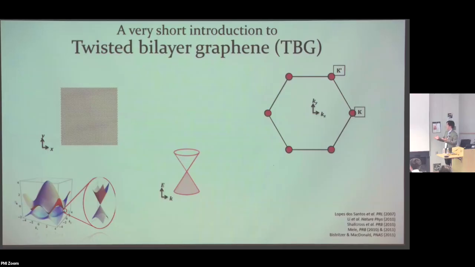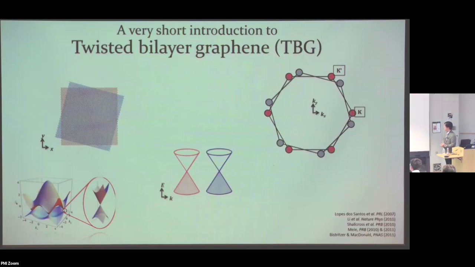So we all know about graphene. Graphene is made of carbon atoms with a Dirac cone-like dispersion at low energies. If you take two layers of them and stack them on top of each other, you get these. If they're not twisted, then you just get cones at the same location in momentum space. But now, if you start to introduce a small twist, you start to see that their Dirac cones are separated in momentum space by an amount approximately equal to k, which is the large momentum, times the twist angle.